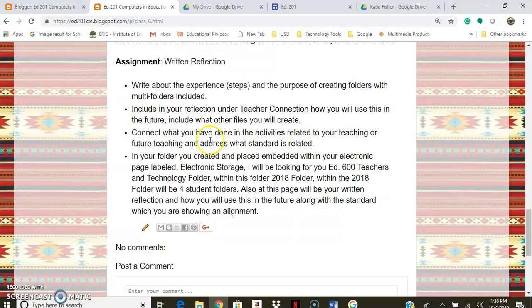The next thing you want to do is include your reflection under Teacher Connection. How will you use this in the future? Include what other files you would create. So think about your position, your job, or your future as a teacher. What are some of the other files that you may want to create? And you might want to write about that. Although for this activity, we just made student files, but you might want to write about some of the other things that you think you might use for files or folders within your